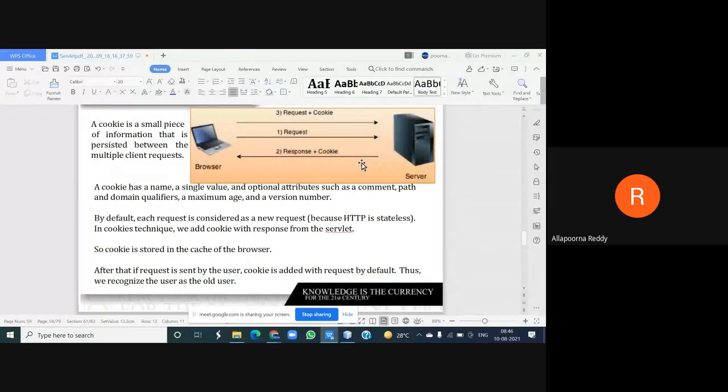Once the request has been given by your request object, automatically he is going to be responded to, not simply with a response. He is going to add some information for us. What is that information? Here I'm calling it a cookie. Now, what is this cookie? It is a piece of information. What this piece of information contains, we'll see later. But for now, just understand that a cookie is a small piece of information, which we don't know yet, given back to my browser.